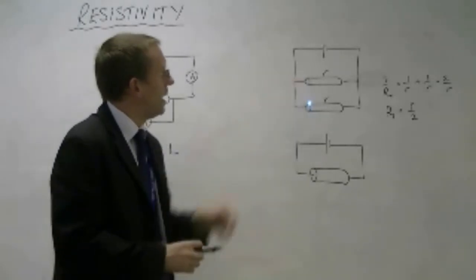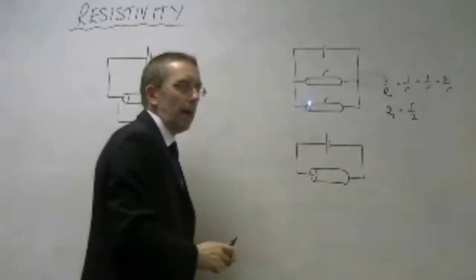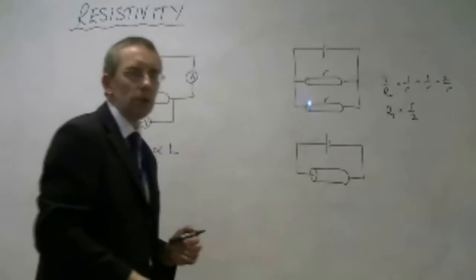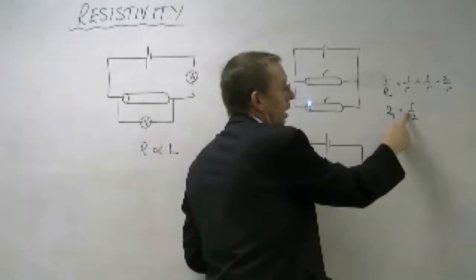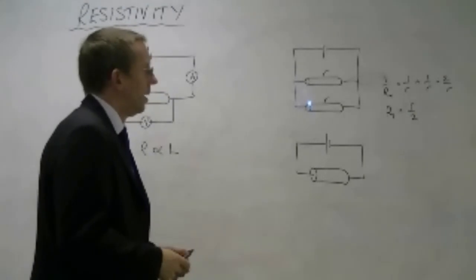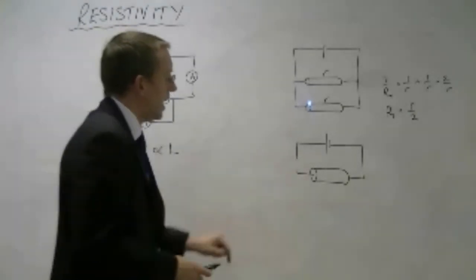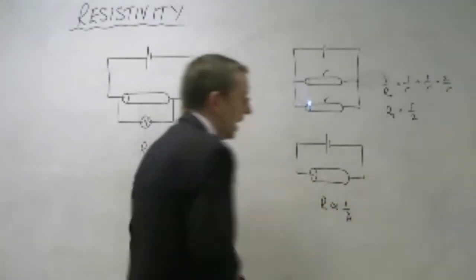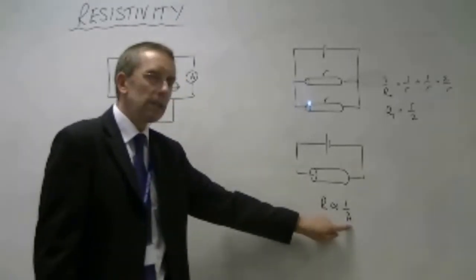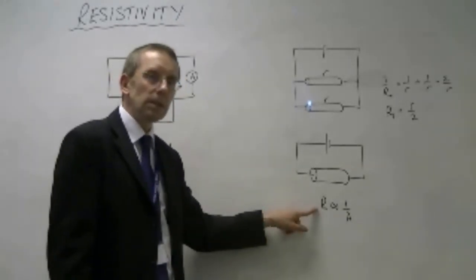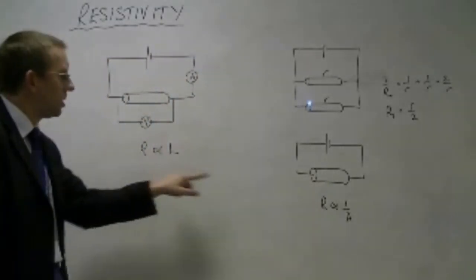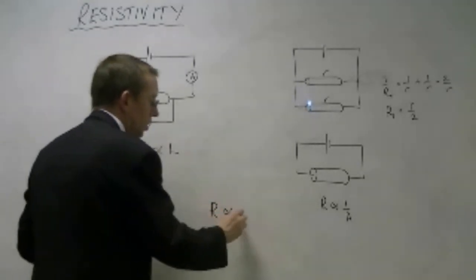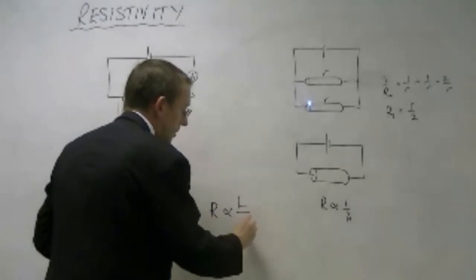What I've done here is I've doubled the area. So by doubling the area through which the electrons can travel, we have halved the resistance. So from that, I can say that the resistance is proportional to 1 over the area. So the bigger the area gets, the smaller the resistance gets. So if I combine these two relationships now, I can say that R is proportional to the length divided by the area,